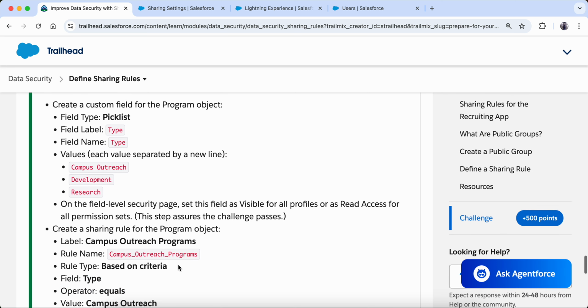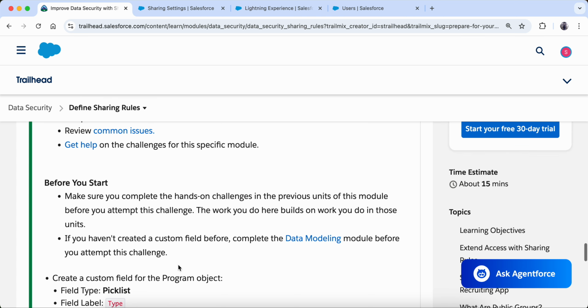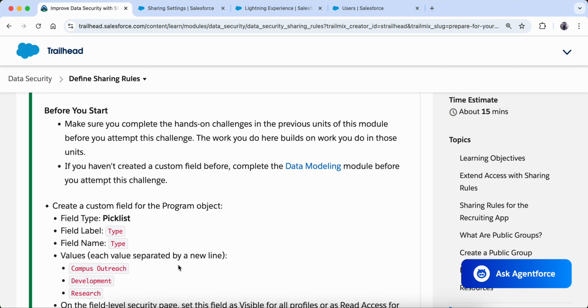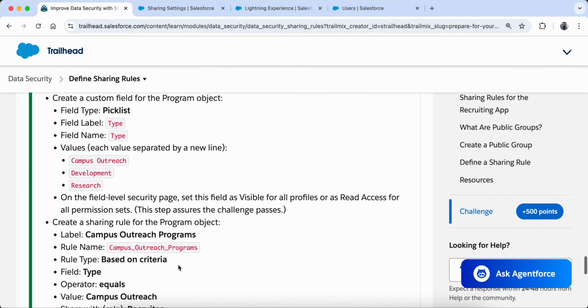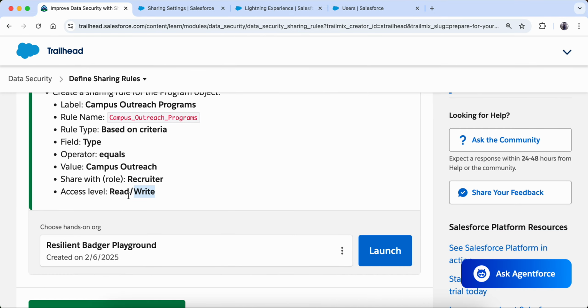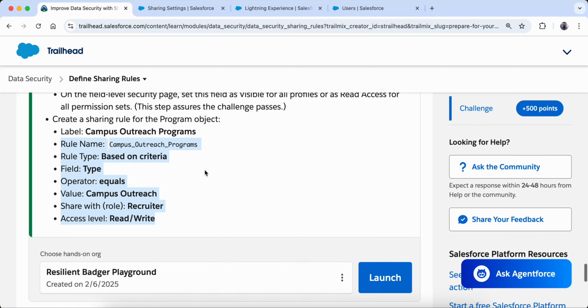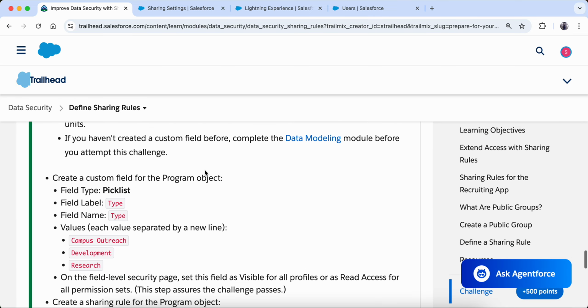Okay, so friends, I would really suggest that please do this hands on. Okay, for now I'm not able to do it because I don't have all these users. But you do this hands on, it is a must. I will try to cover this hands on in my next video, because it is very important, because they are saying how we can create a criteria based sharing rule.